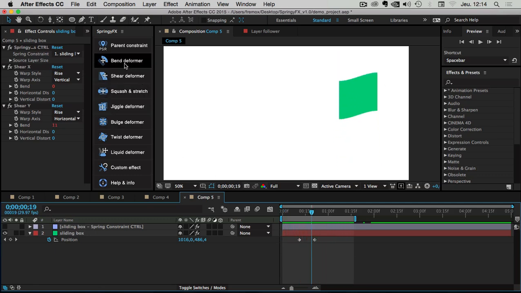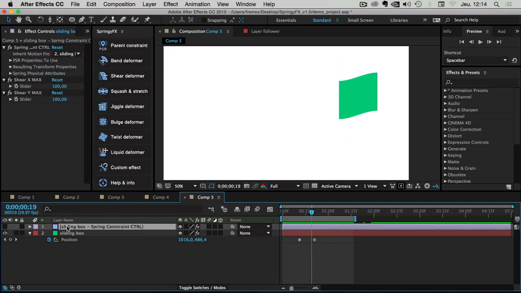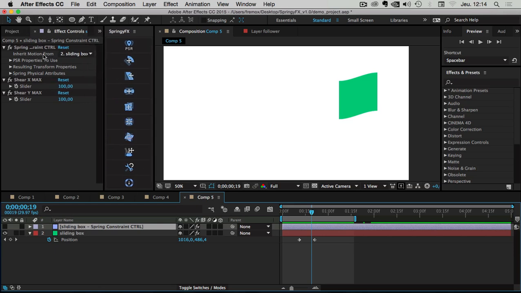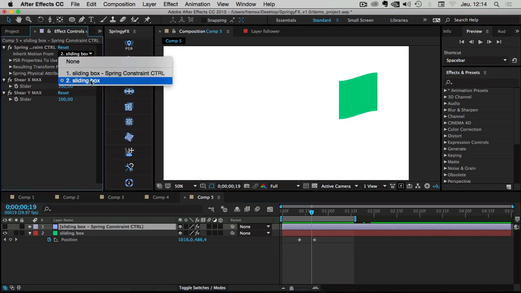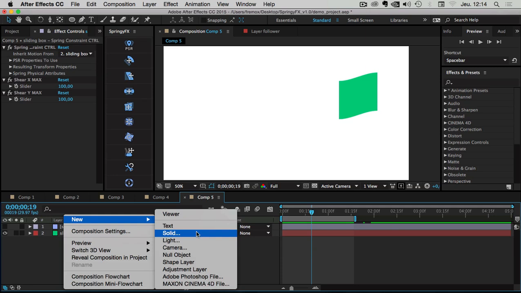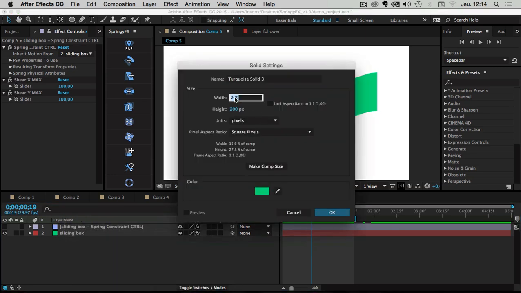As explained before with the Bend Deformer, don't forget that you can always inherit the motion from another layer than the initial one. So if I have, let's say for instance, I will create really quickly a simple